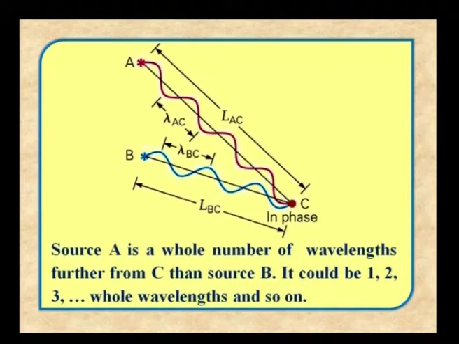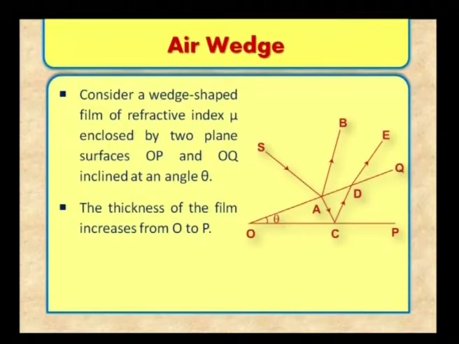From this kind of diagram which I will be showing now, you have in one case the two waves in phase. If the difference between these two, that is LBC and LAC, is lambda by 2, that will lead to so-called destructive interference. Now, why I am showing these two diagrams is due to the following reason, namely these two ideas which I have been emphasizing in this lecture will also be finding their places in the case of air wedge as well as in the case of Newton's rings when you are calculating the total